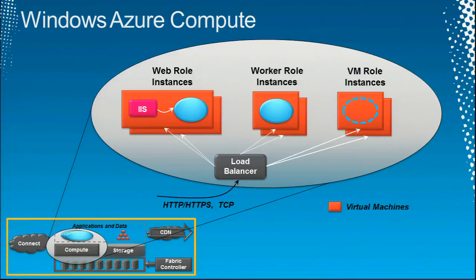If I take an existing Windows Server app, which maintains state locally, runs as a single instance, and put it in a VM role, I can do that, but it's not going to run very well. Look at the SLA. So don't think of Azure as being primarily about taking my current Windows Server apps and moving them unchanged to the cloud. You can do that sometimes with more or less effort, but I would argue that is not the primary goal. Think of Windows Azure as being more about a platform for building new apps or for extending existing apps into the cloud.